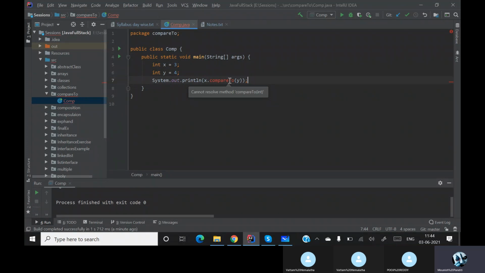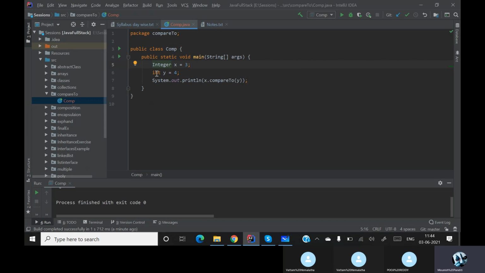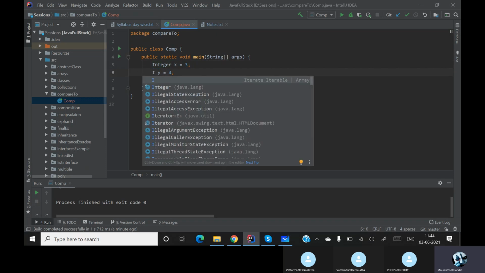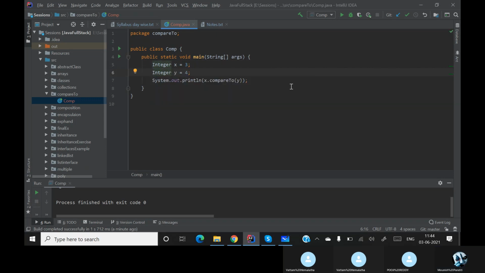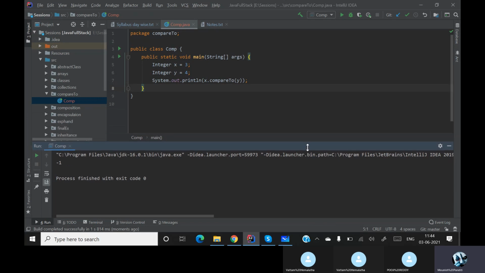But the problem with the compareTo method is that it can't run on primitive types. If you want to give an integer, you must use the wrapper class. Now if you see, there is no error. Even if I run it, there will not be any error. It will give me -1 because 3 is less than 4. Understood?